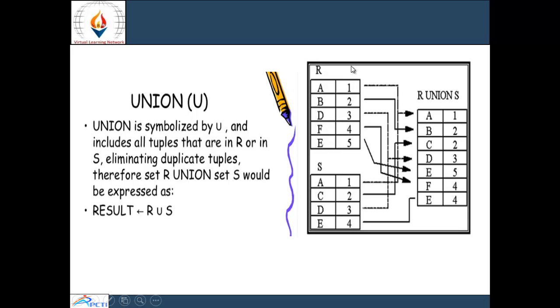If we find the union of R and S, then all the values will be in a new table, R union S. But if any value occurs 2 times, then it is eliminated in the union operation.